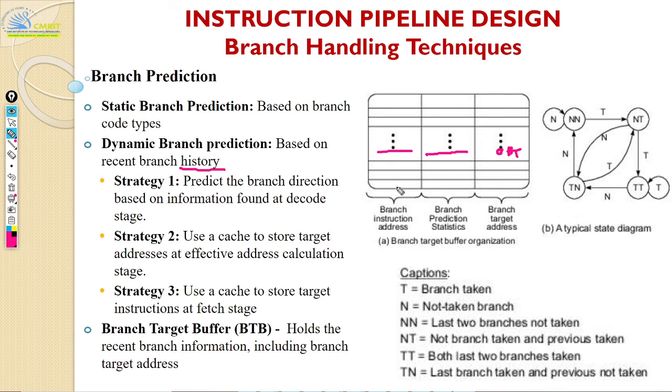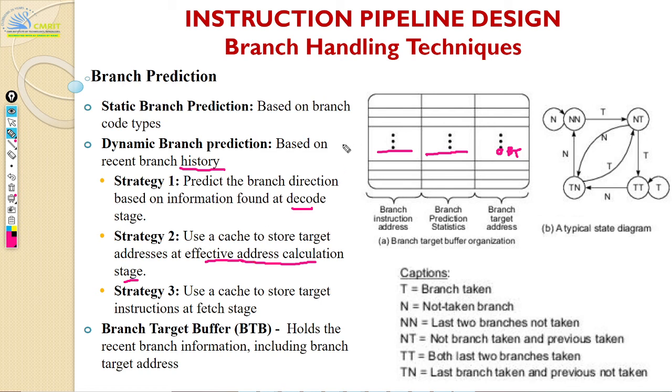Based on that, you can decide to do it at the decode stage itself. Whenever you get a new instruction, you can say, hey, if this is the instruction, then for sure it's going to branch to this. You can make a prediction. When you say sure, it's with a certain amount of certainty; most probably you're going to hit this branch target. The other strategy is to calculate the effective address. You can use a cache, and then you can say if this is the instruction, especially if you take a for loop.